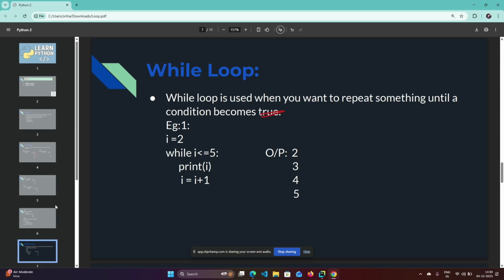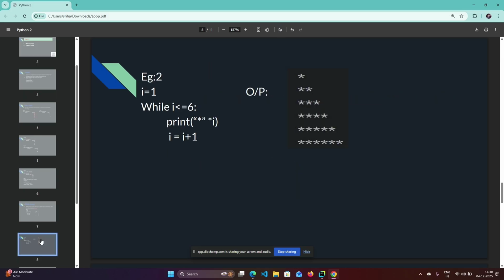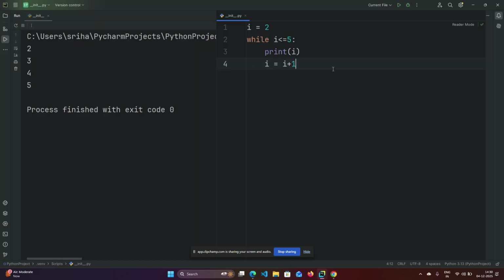Go to the next slide, which is example 2. It's very easy, I'll show you. Basically it's a star pattern program: 1, 2, 3, 4, 5, and 6. So max is 6. I equal to 1. While I less than or equal to 6, or you can write I less than 7,